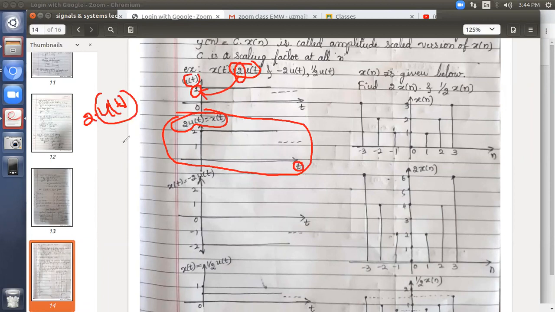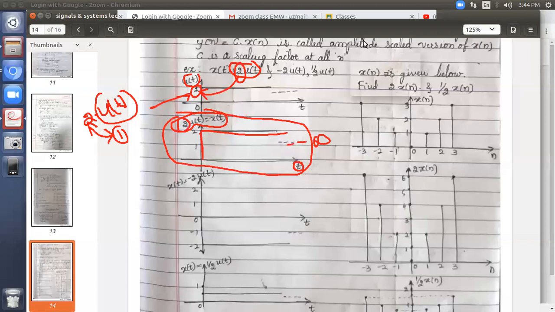So, u of t amplitude is 1. So, multiply this amplitude, 2 into 1, where 1 is your u of t's amplitude. When you multiply 2 into 1, you will get 2. So instead of this amplitude, now you're getting 2 as the amplitude. Same signal, just amplitude is 2 throughout up to infinity. This is the scaled version. Remember, this is scaling factor 2. So it is the scaled version of your x of t. This is about the first signal.